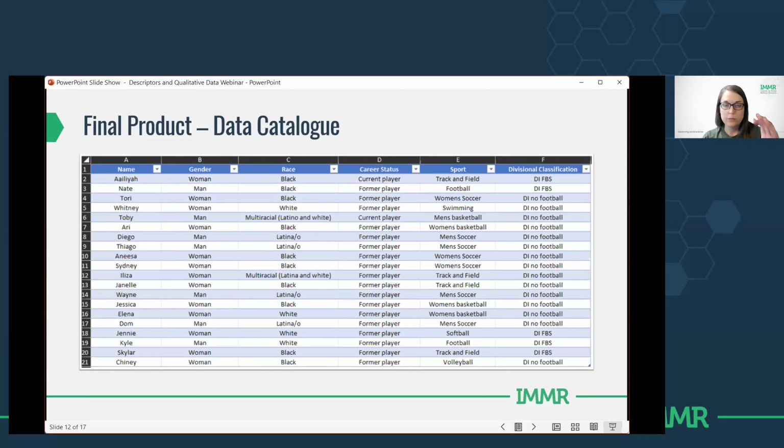By creating this spreadsheet, you can upload this into Dedoose, and Dedoose will create the descriptor fields for you, populate all the options. It will also create a descriptor profile for each person. So this is why we recommend using the spreadsheet method, and we'll demonstrate it for you today. Really increases the efficiency of the process.